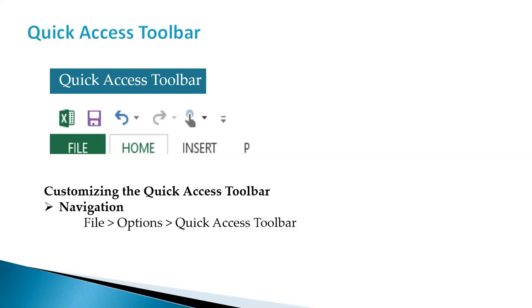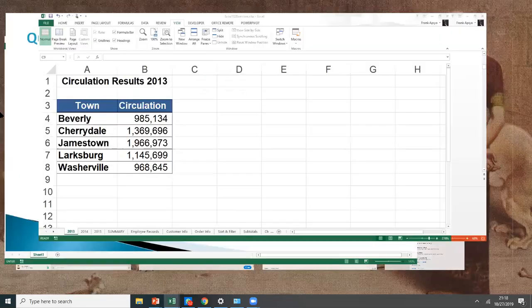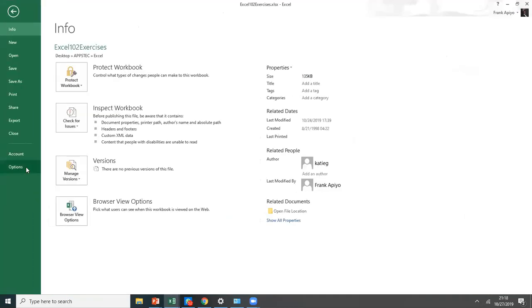If you save existing work frequently, or if you print, you can put various options that you need to quickly access on the quick access toolbar. For you to customize the quick access toolbar, you navigate to File, then Options, then Quick Access Toolbar. As we will see, you go to File, then Options,